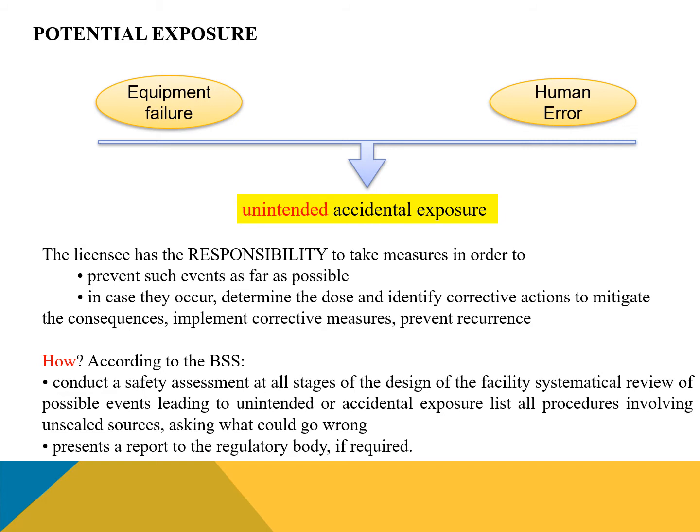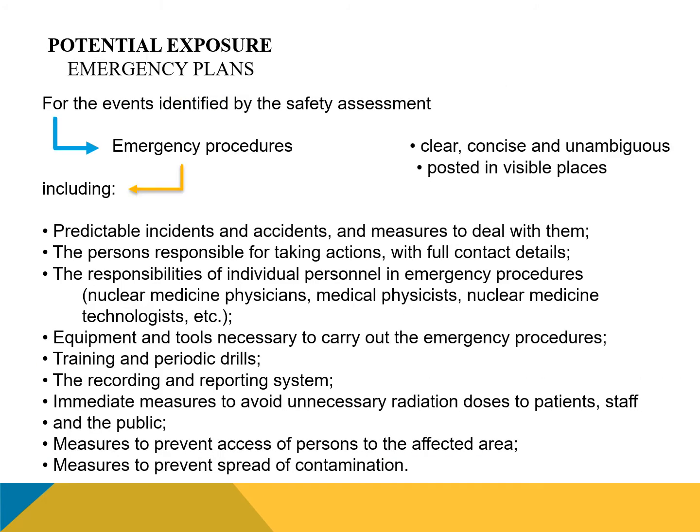And after that, we have to present a report to the regulatory body to discuss the facility's ability to reduce the chance of an accident, and the internal system to reduce possible radiation accidents. In order to control the radiation potential exposure, we have to follow the procedure for the emergency